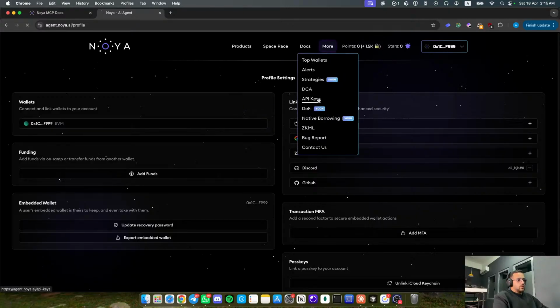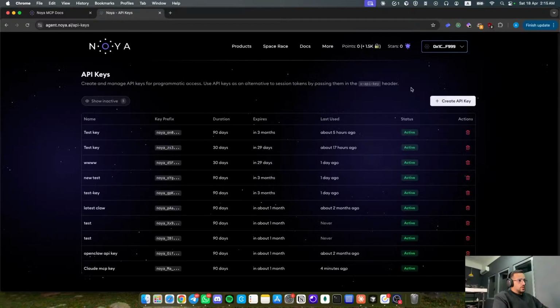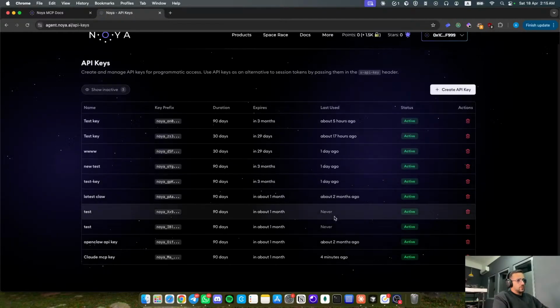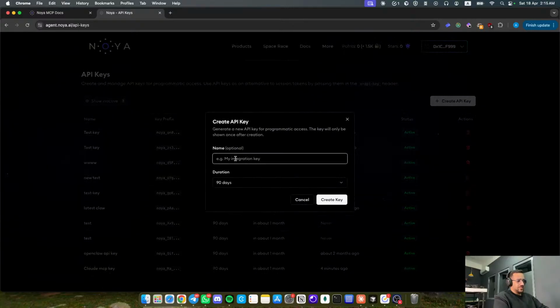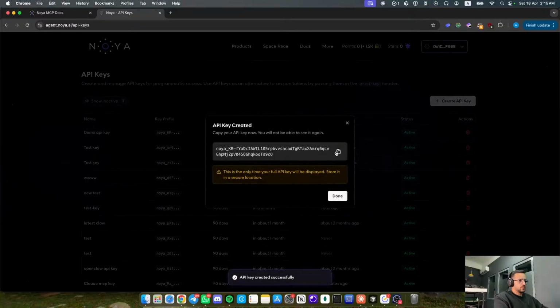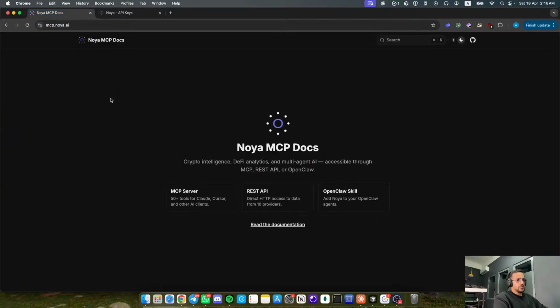The next step is for you to create an API key. As you can see, I have created many. Let's do demo. Okay, let's leave it like this for now and add here